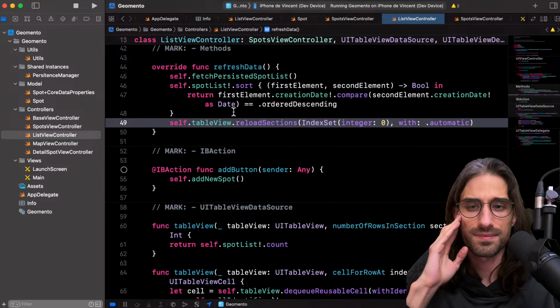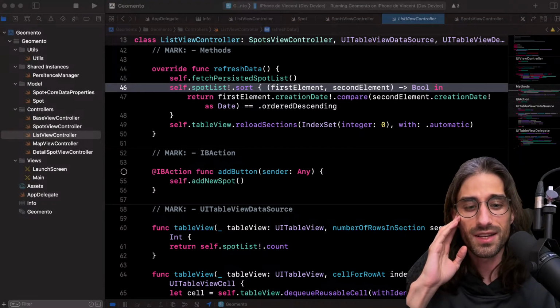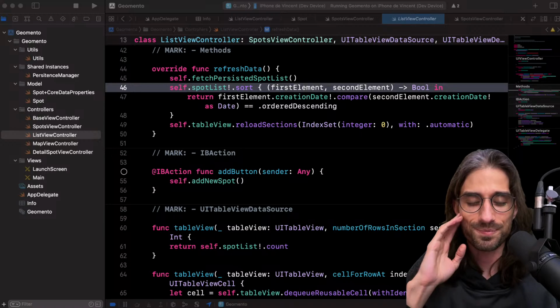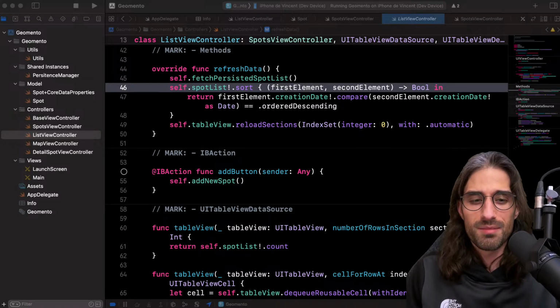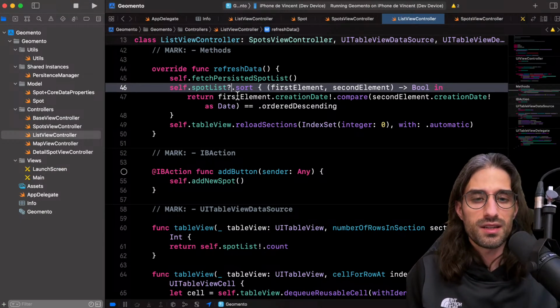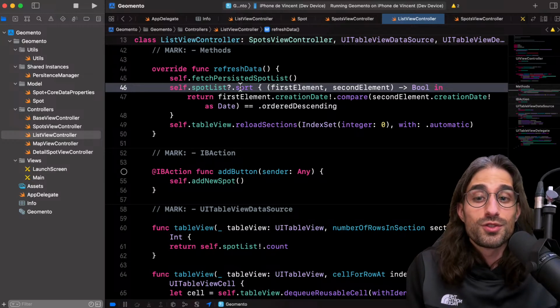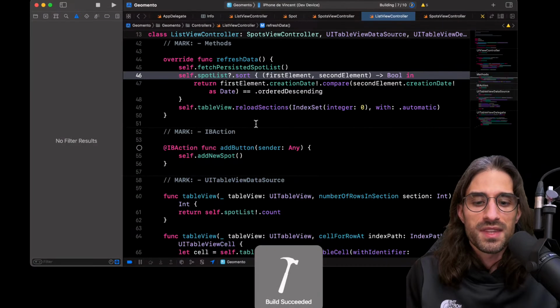Okay. Yeah, what's crazy is that here you see, for instance, I'm doing this. Honestly, back when I wrote this code, I don't know how optionals work, because there is absolutely no point in doing this. You can always do this. I mean, you don't want to crash if spot list doesn't hold a value, because you're not using its return value anyway. And of course, it's still built.